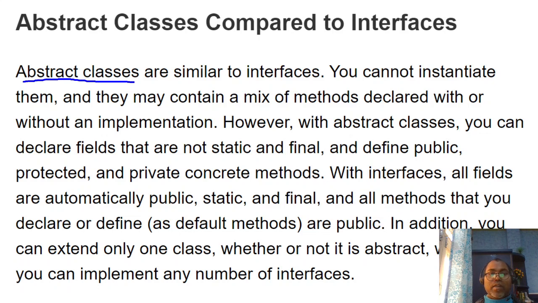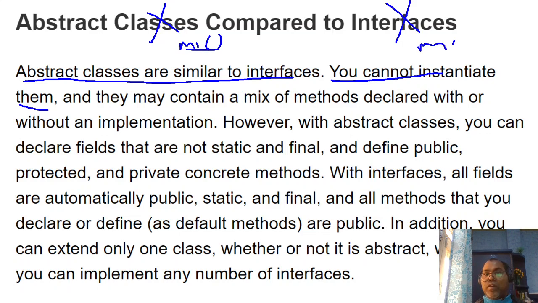Okay, so abstract classes are similar to the interface. You cannot instantiate them. In both cases, an abstract class object cannot be created and an interface object cannot be created, because in both cases there are some methods. Let's say method 1 doesn't have a definition, and method 2 doesn't have a definition. If the compiler allowed creating the object, you could invoke method 1, but method 1 doesn't have a definition, so the compiler would break. So before reaching that level, the compiler does not allow you to instantiate an object of abstract classes or interfaces.